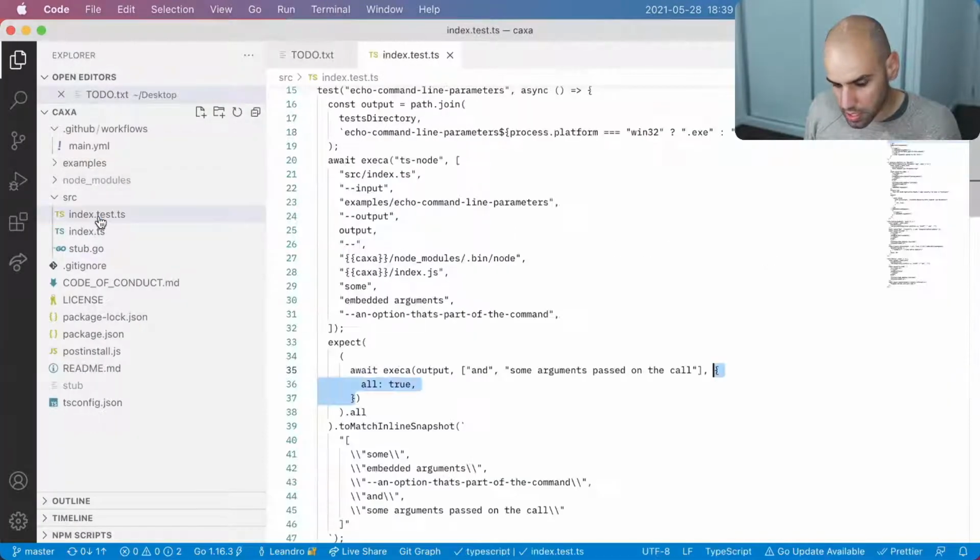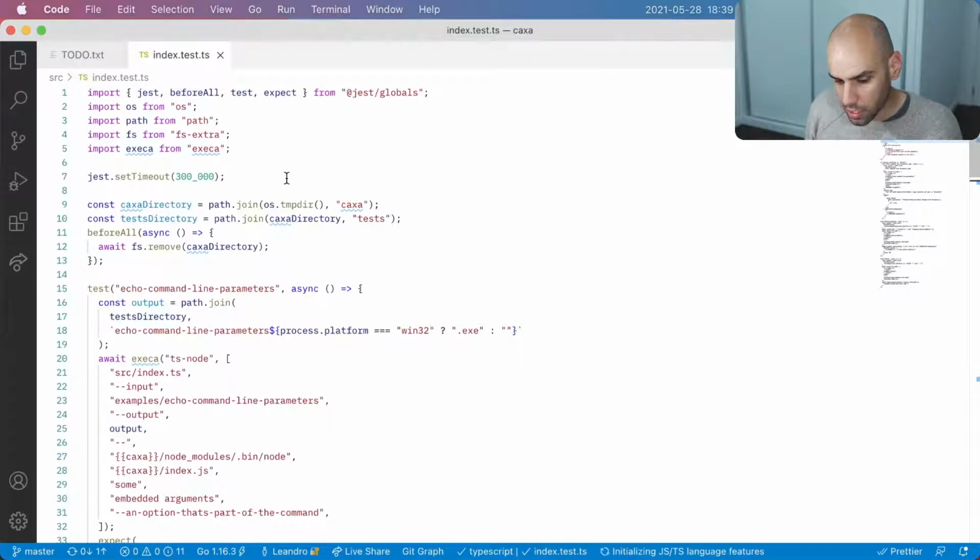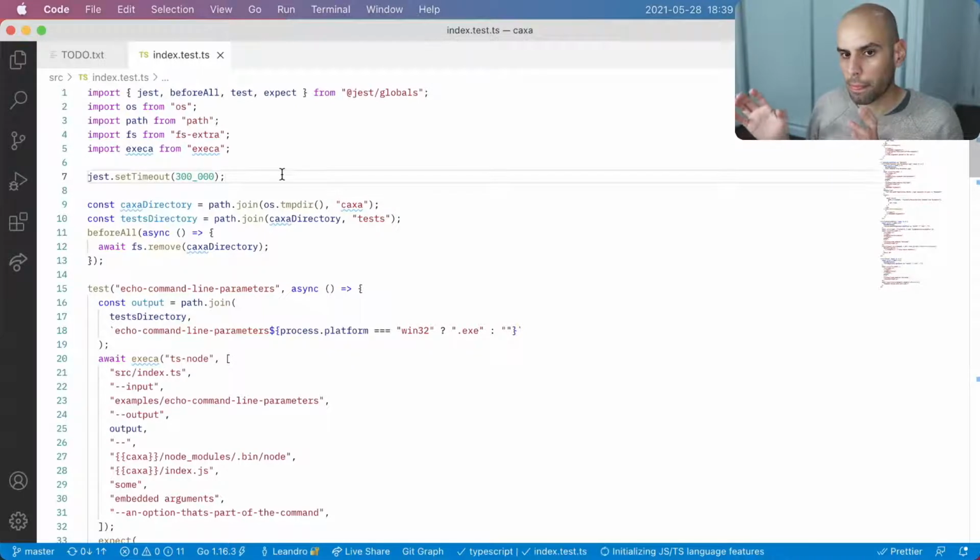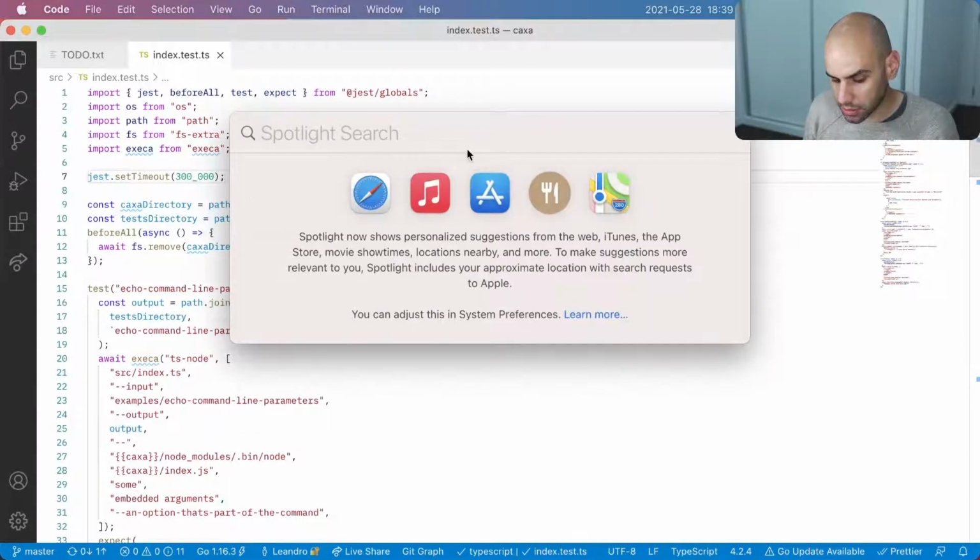We talked about this in a previous stream, that running all the tests in ARM is probably going to be very slow because some of the dependencies that we are using on the tests, like SQLite, are slow to compile in ARM, and there are no pre-built binaries for those architectures as far as I can tell. So I have a timeout here of 300,000 milliseconds,